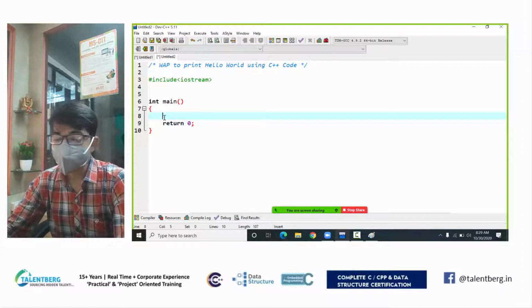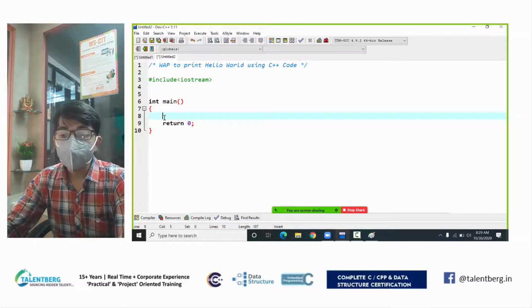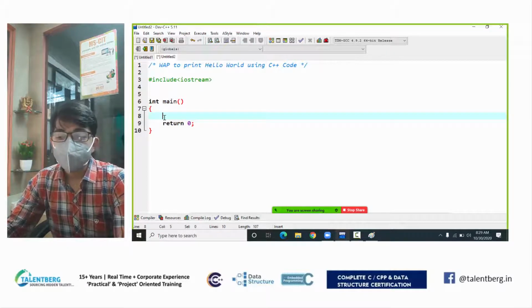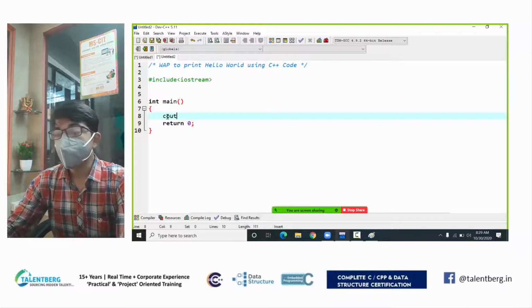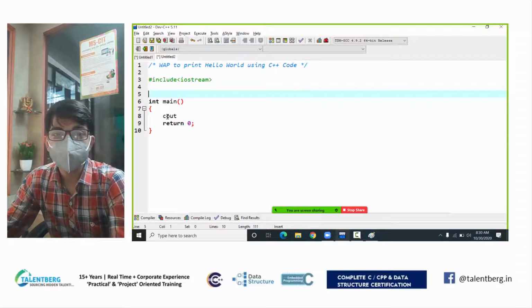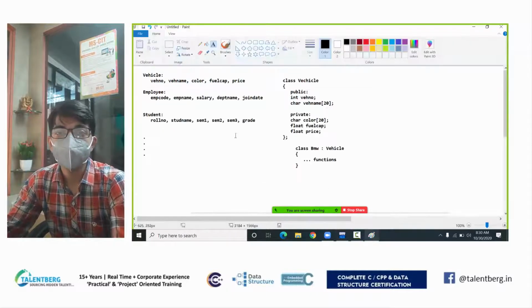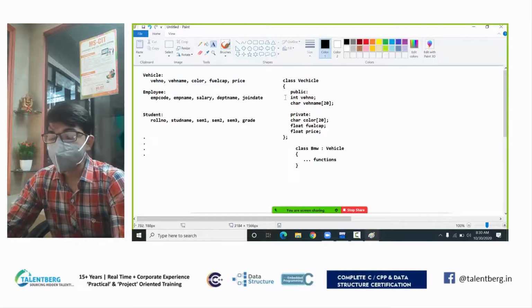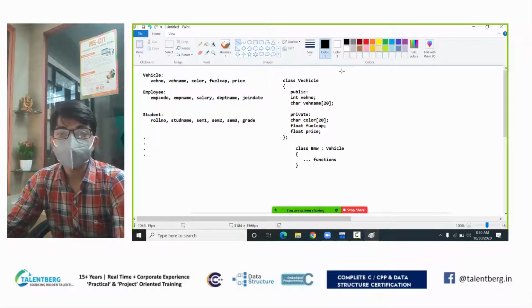Now how to output hello world? In C language, you remember printf is a function or not? The printf function outputs on a screen. So in C++ also, there is an object called cout. Like these classes, vehicle, employee, student, they are classes. Similarly, in C++ also, there are some built-in classes to perform input and output.